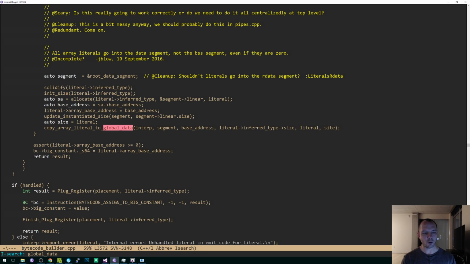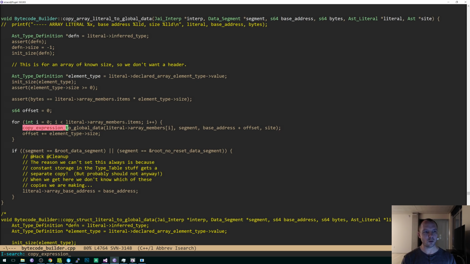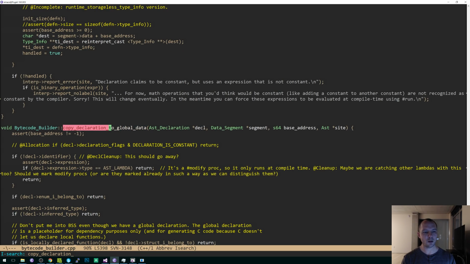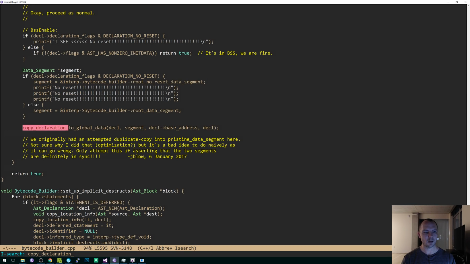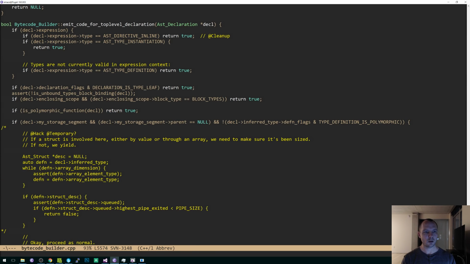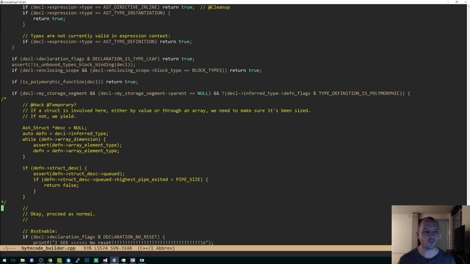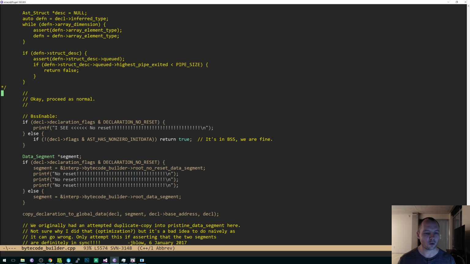Where's this stuff? Okay, right. Copy expression to global data. Copy array. I say copy declaration to global data. Yeah, maybe. Here we go. In emit code for top level declaration, we do this thing called